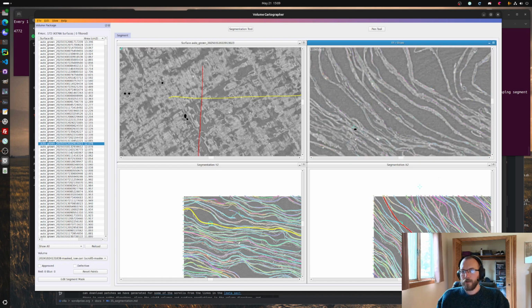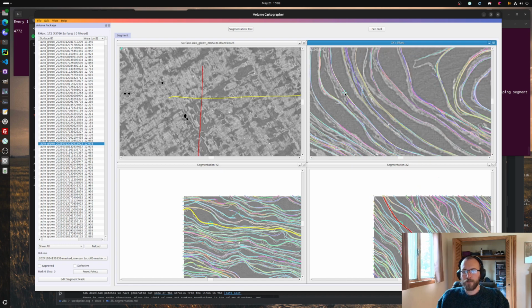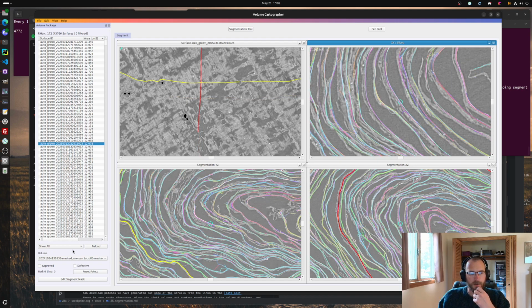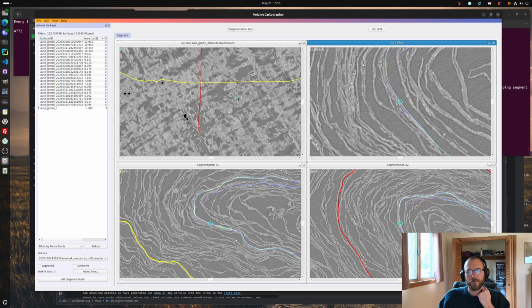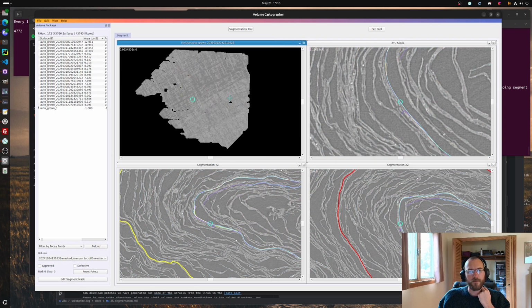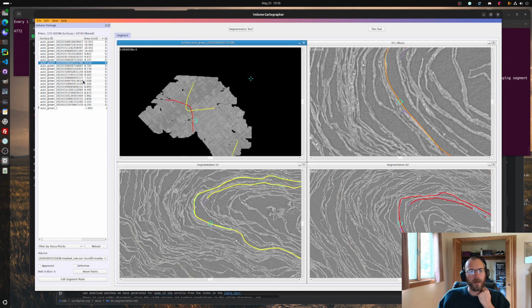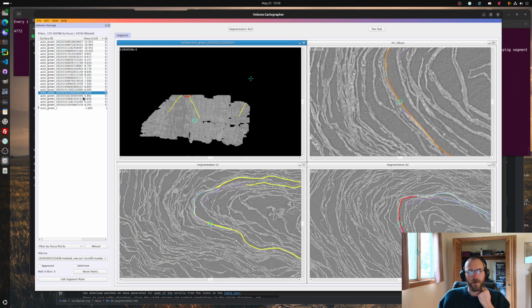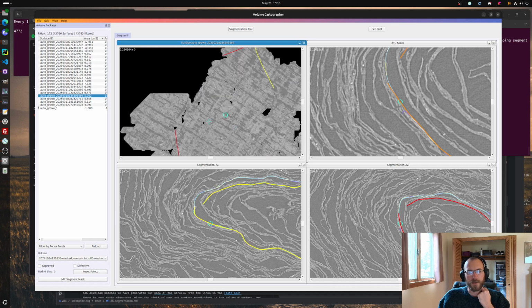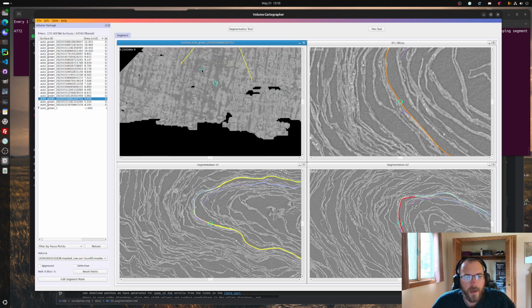So again, we will select a focus point, filter by our focus point, and I'm actually going to select one that's a little bit smaller,